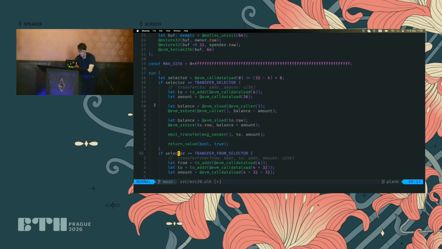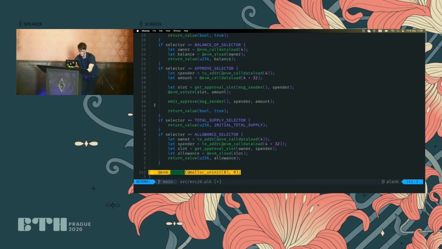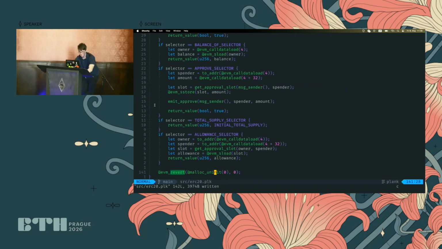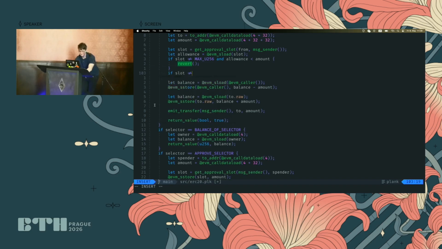And we're reverting quite often in different ways, so let's actually put that in a reusable function. Let's call this empty revert. Actually, this might be in the standard library, I can't remember. Never, because it always reverts. So that's the return type, it never returns, because it never gets to the end. So let's put that here. Or let's just call it revert, actually. I don't think revert is an occupied name, so let's call it this revert. And then we can put the revert here as well. So, and then if slot is not equal to, or we can actually put this in here. So we have curly braces here, here,